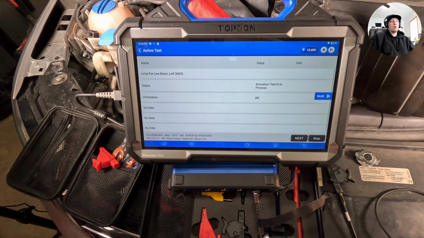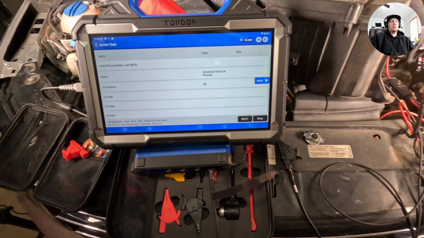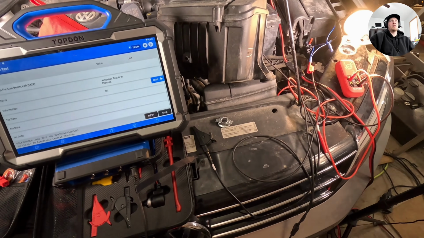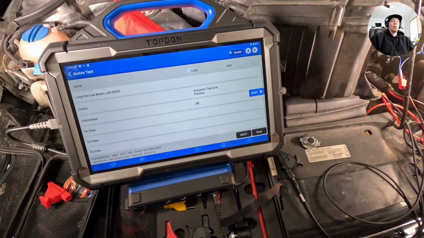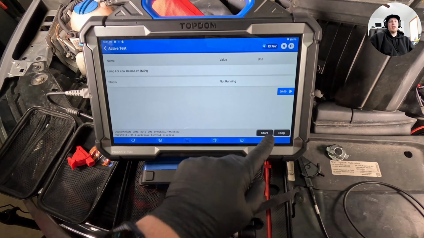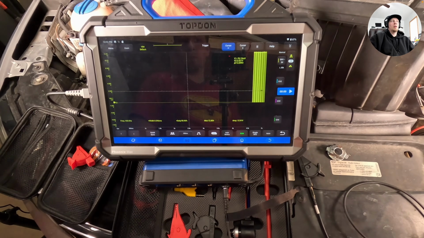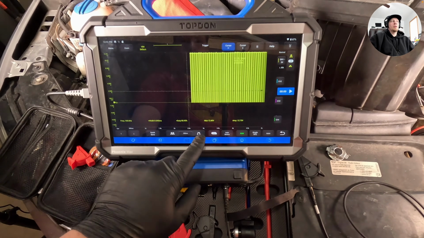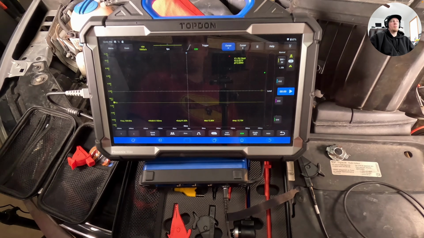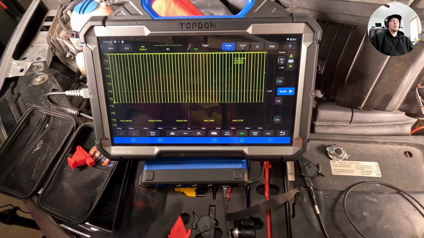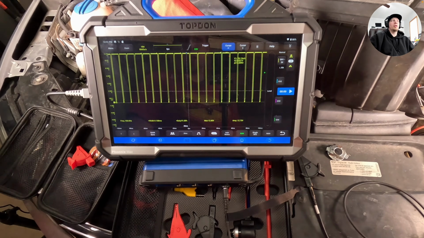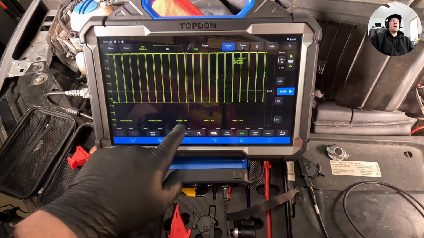So we're going to hook up the scope. We're going to set up our bidirectional test. Our headlamp is activated. Now we're going to go ahead and pull up the oscilloscope and take a look at what's happening on the power supply side of the circuit. That looks like a square wave perhaps, right? So as we look at the screen, we can see that it's actually toggling the power supply on and off